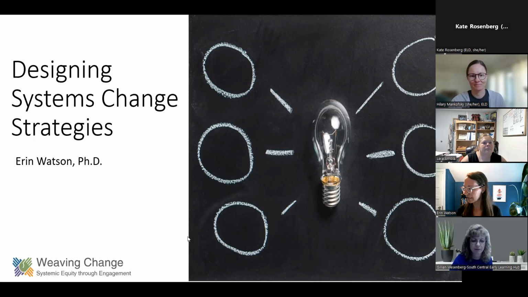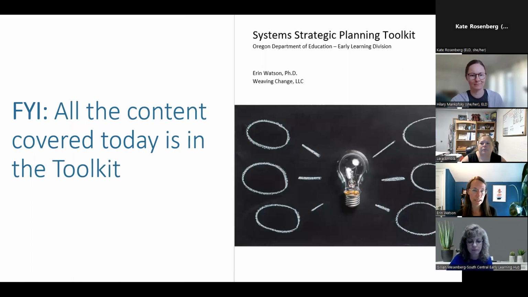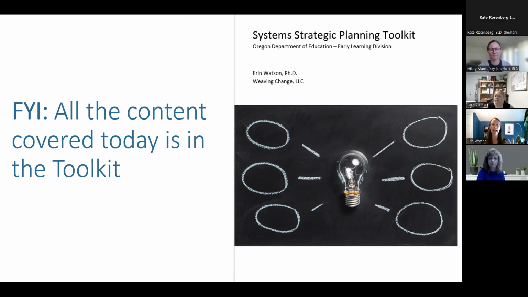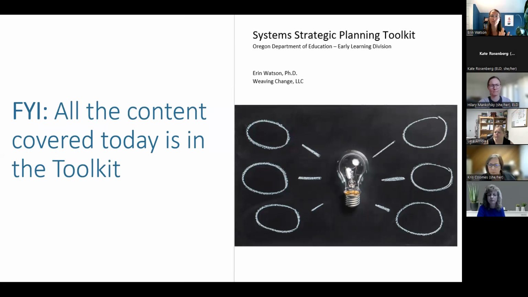All right. So we're talking all about systems strategic planning. And like I mentioned, everything I'm going to talk about today is in the toolkit. So you don't have to panic trying to capture all the details and notes. It's all there. What I want you to do today is just try to absorb, at a high level, here's the process, here's some of the key tips to keep in mind. And then you can always go back into the toolkit to get into more details and think carefully about how to apply it. So this is just giving you a big picture overview so that you know where to navigate.